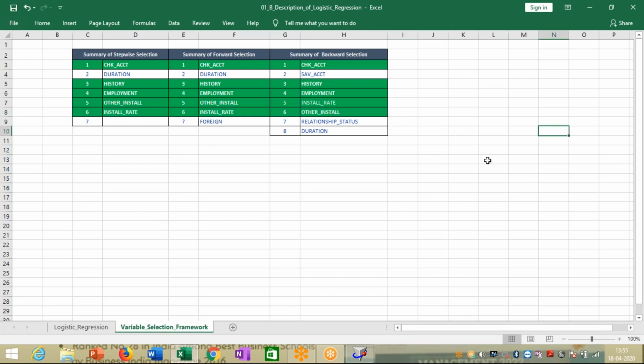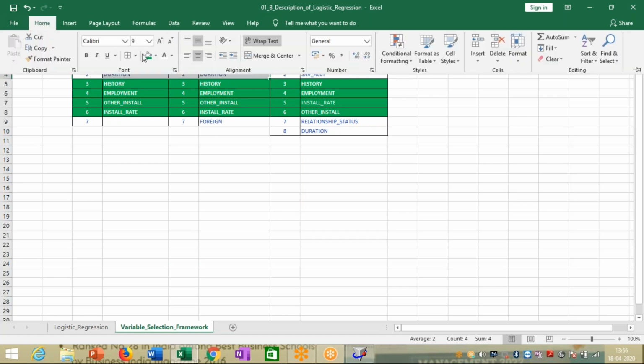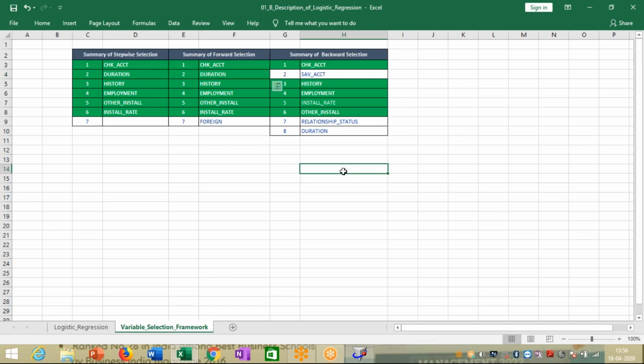So these are the set of the common variables that we have with us, right? Now the next part is obviously relationship status, savings account. Okay, duration is another variable which is common between the three. So for most of the variables, what we get to see is that most of them are common over here, and